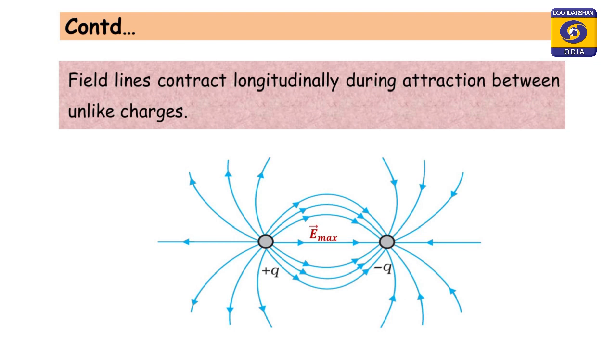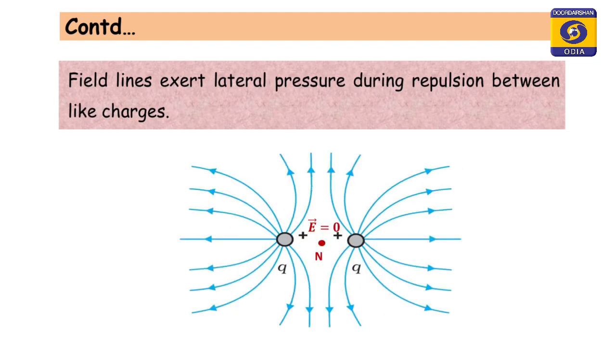Okay. So, this shows force of attraction, and between the two unlike charges electric field is maximum, that is E maximum. And the last one, field lines exert lateral pressure during repulsion between like charges. When two like charges are present, due to lateral pressure they repel each other, and this shows force of repulsion. See, in the middle point of two like charges, that is the point N is there,